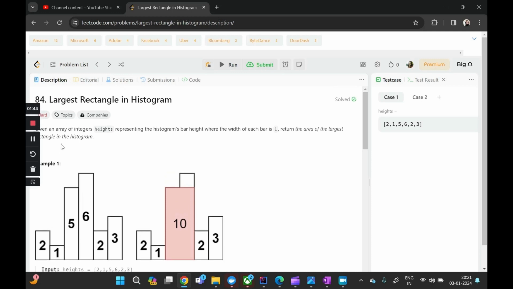Now forget about the difficulty level for a while. Let's try to focus more on understanding the question and the real life applications if it has any. So first of all, what's a histogram? Histogram is something which we might have done in our high school mathematics, a graph that we plot to find out the frequency distributions. Now talking of real life application, the histogram that we have given represents certain